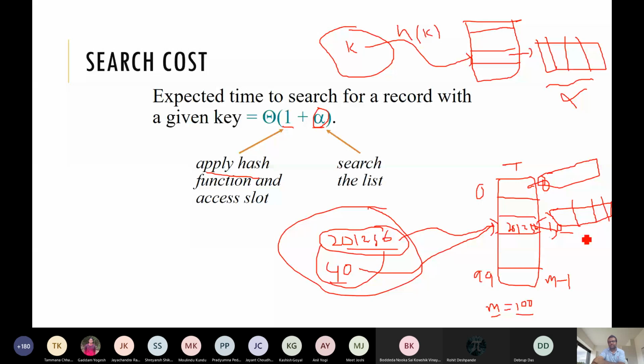How we implement it: you can take help of a two-dimensional array if you are very much a fan of arrays, or you can have a linked list if you want a dynamic scenario to avoid wasting memory. So that is the implementation issue. But these fields are basically where we are going to store these keys.